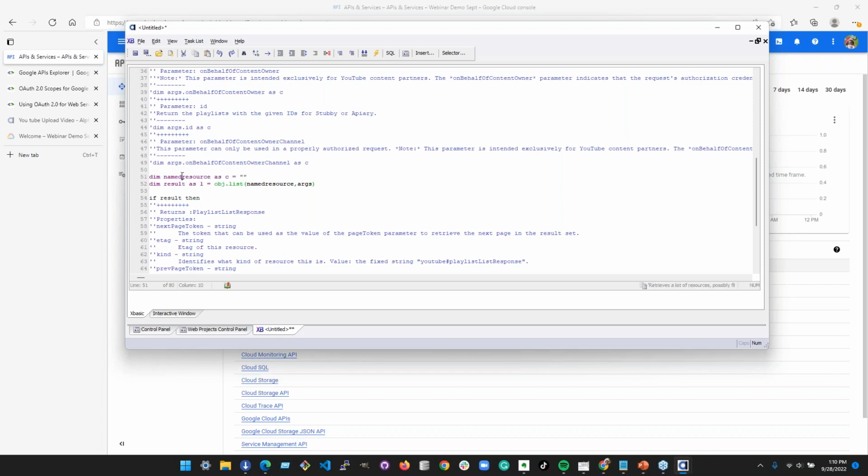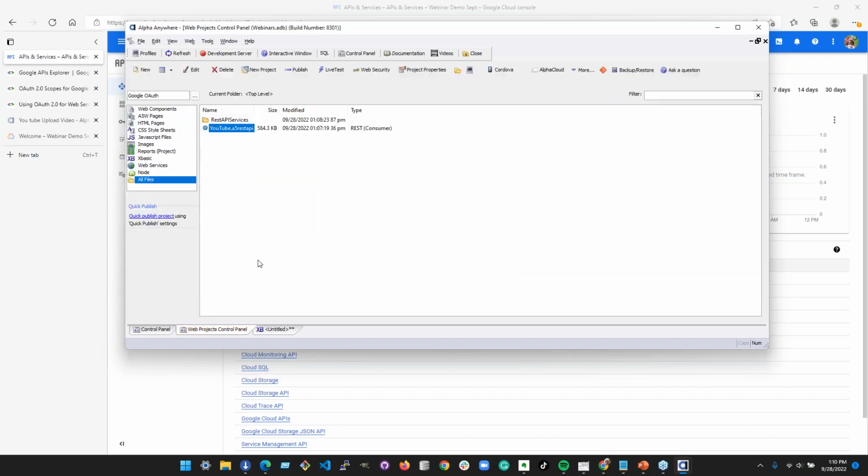So this named resource is really the key thing that you need to set up. Adding the Google service, as we saw, we're done. We've done the demo. We added YouTube. We could go through and add a whole bunch of others. It's the same process. But in terms of getting access and being able to log in and use those APIs, Google requires OAuth authentication.